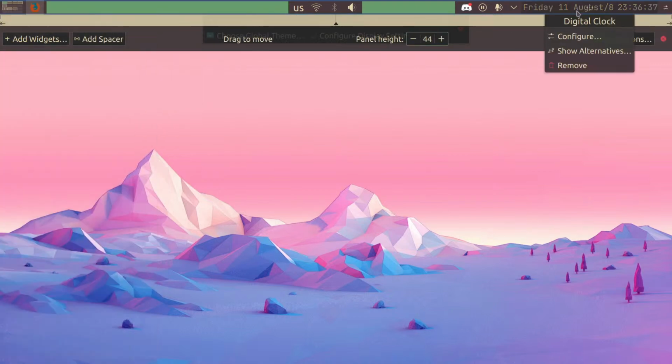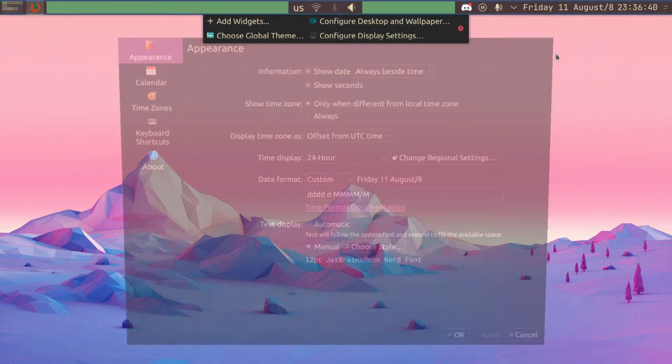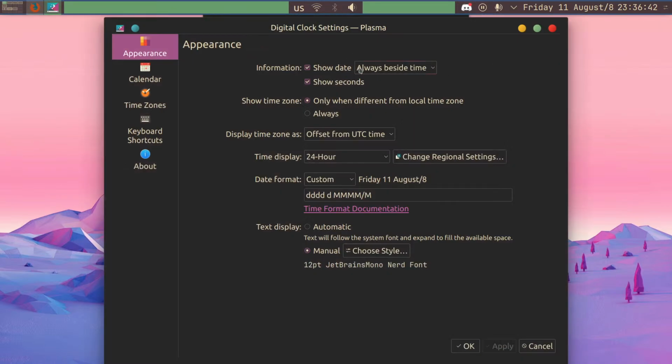So, since I already have it, I right click on it, configure digital clock. Now let's see what it has. First of all, show date, where it will appear. So it can either be below, which is way too crammed for me, or beside. And adaptive location, I guess it figures out itself, depending on, I'm not sure what. Then you can make it show seconds. Everything else is yeah, but date format is what we're really looking for,